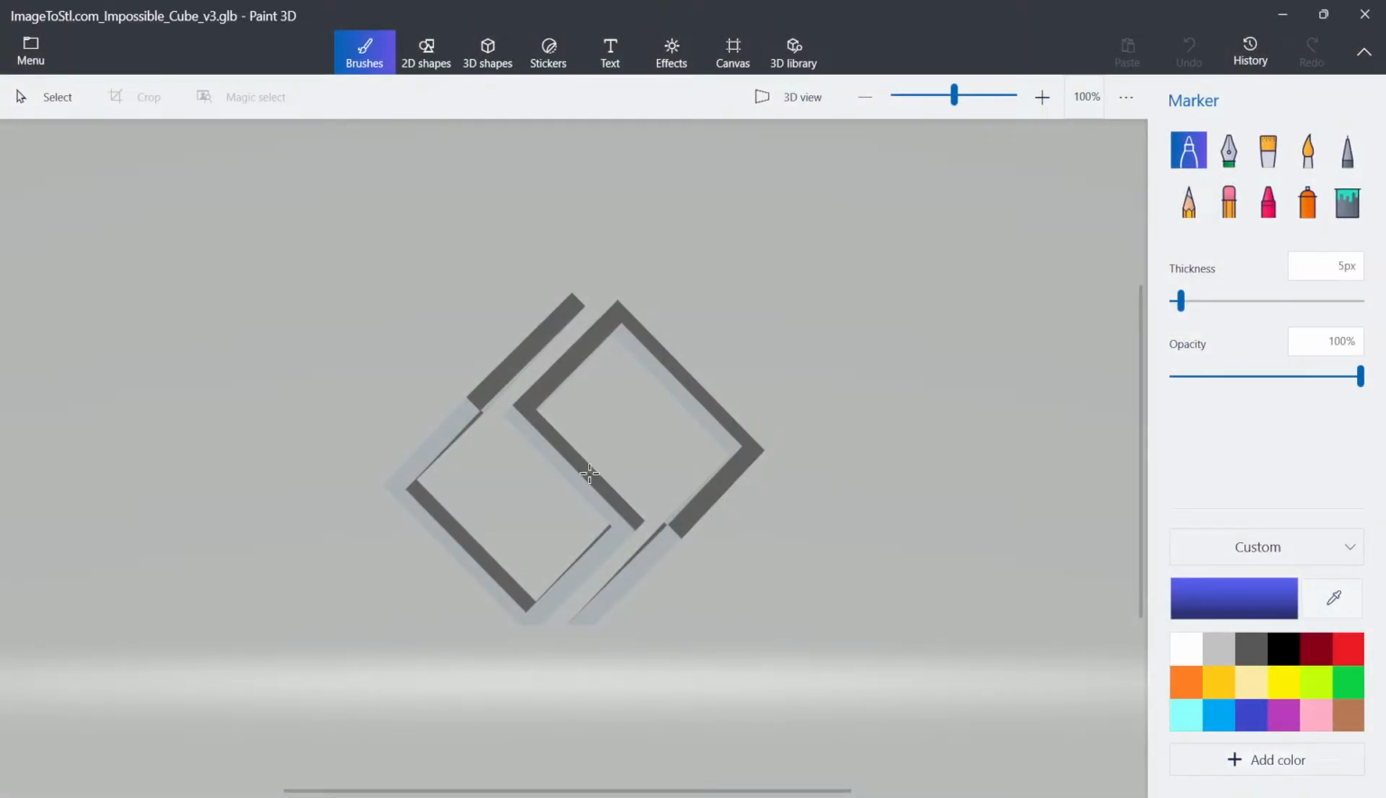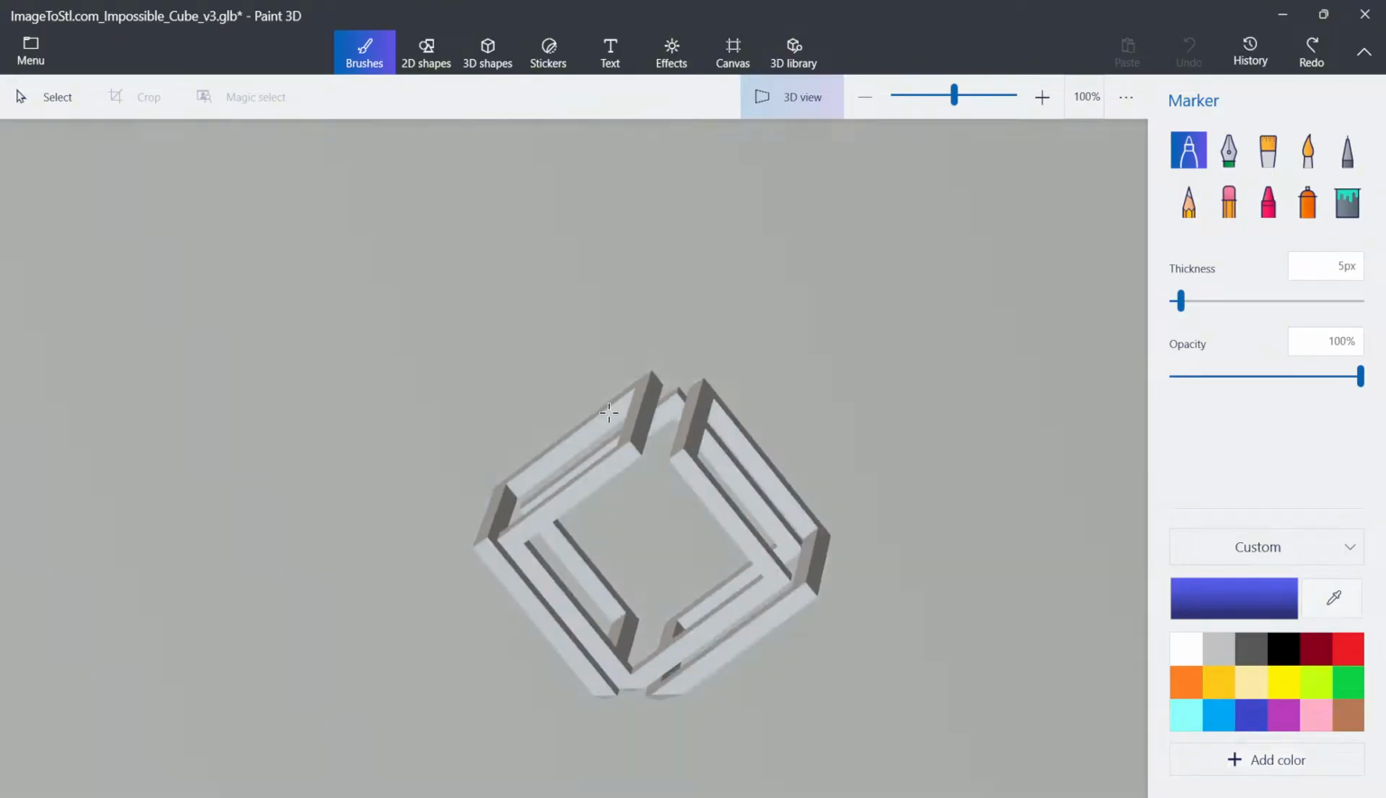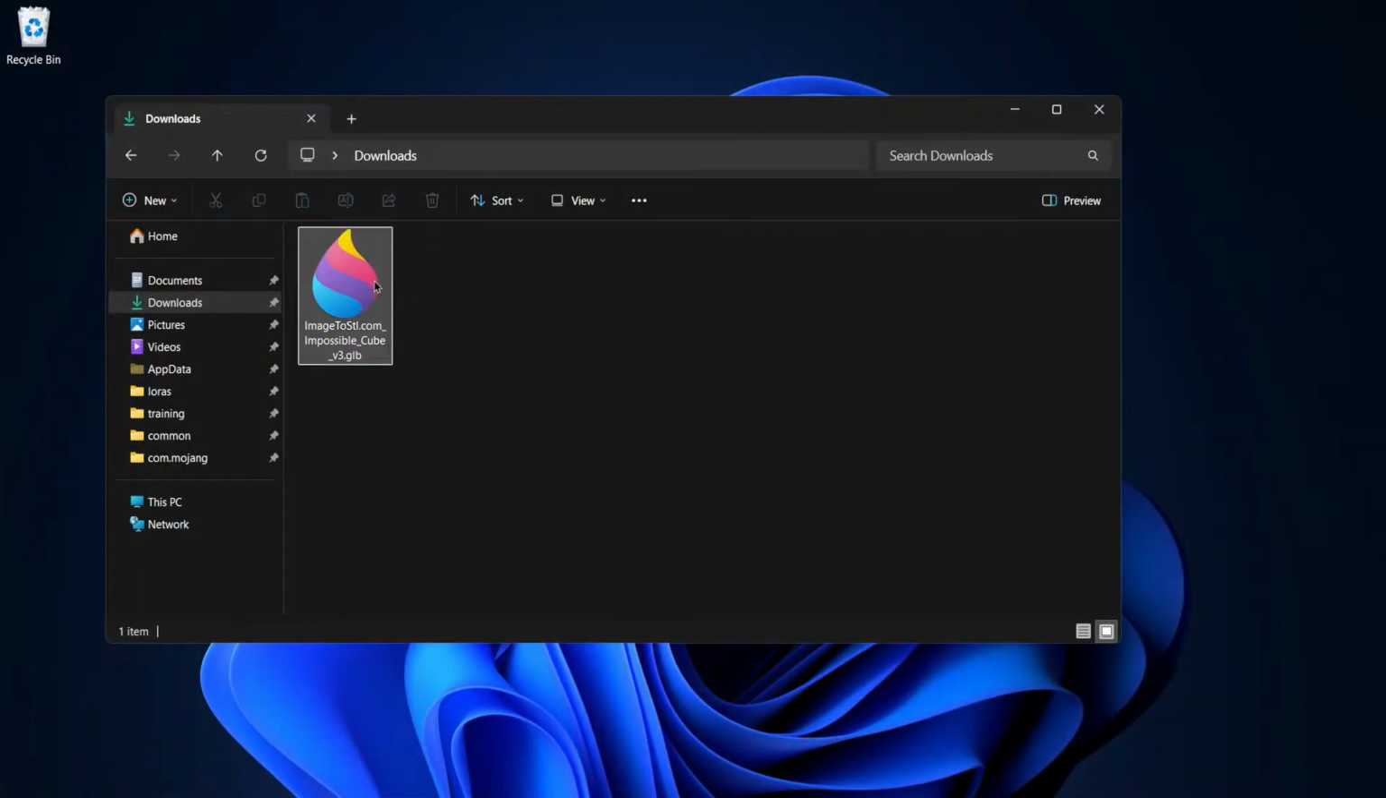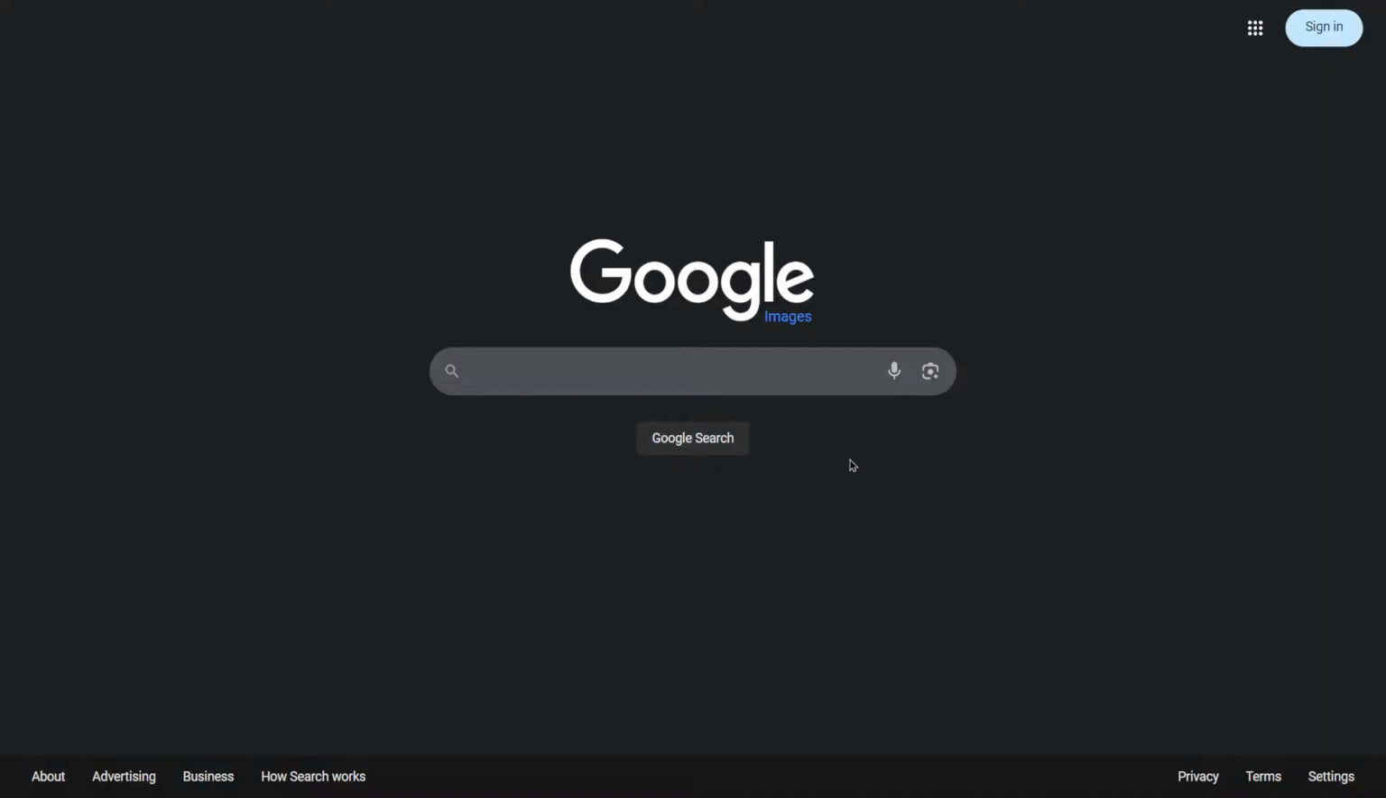If I open it up with MS Paint, I can see it in the 3D view here. And yeah, that's my file. So go ahead and delete the other one, and I'll just move this one to Documents for the next step to keep it clean. The second option is to convert a 2D image into a 3D object and then import